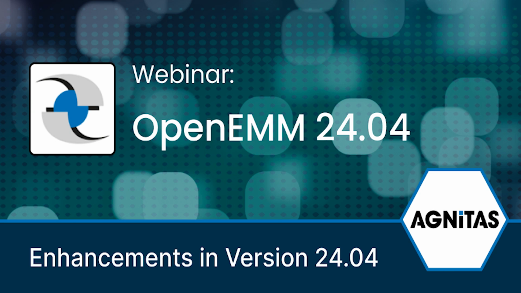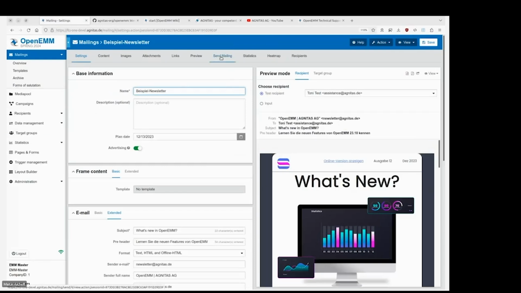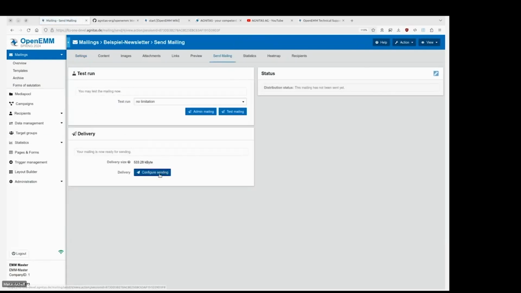What's new in OpenEMM? So this is the version 24.04. The new version will be published in half a year, and so the next version will be 24.10. What we have here, for instance, is a new feature, which is especially important if you send out large amounts